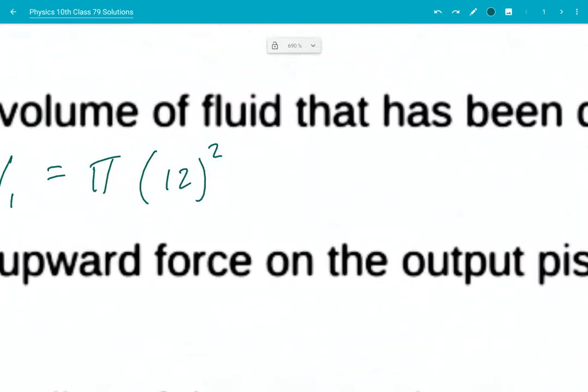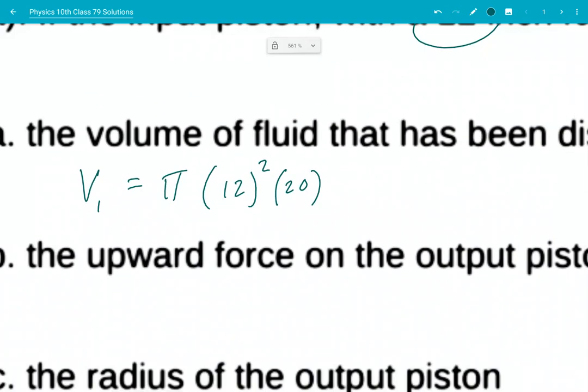So times 20, like that. Plug into your calculator. If I see the squared, I like to go 12 in my calculator, square the 12, obviously 144, and then times pi, and then times 20, and you get